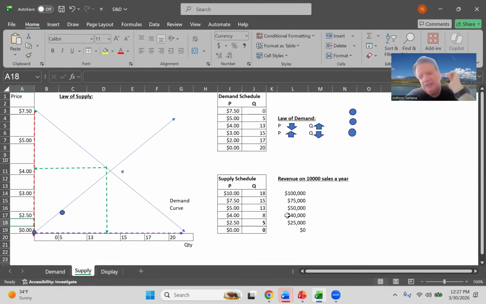Okay, what's the least you would do it for? Who would do it for $40,000, which means you have to charge $4 times 10,000 pizzas. And that would be, let's say, $3. Who would do it for $3, for $30,000? Let's say that's 8 people. And that would put you